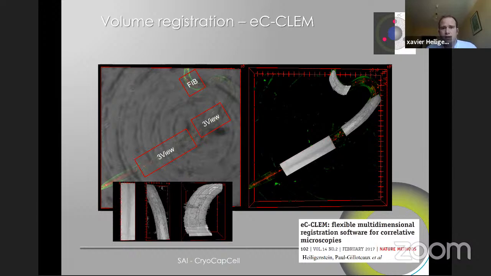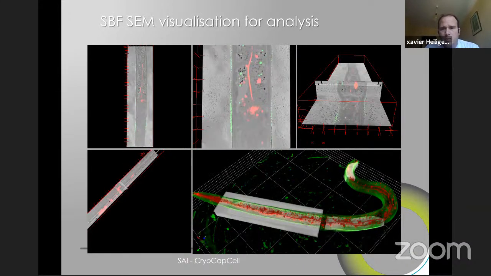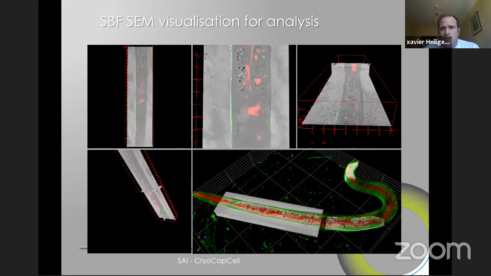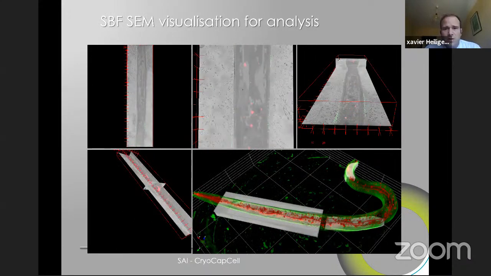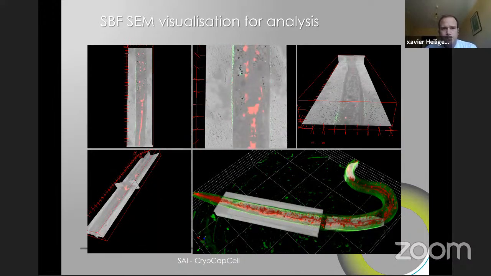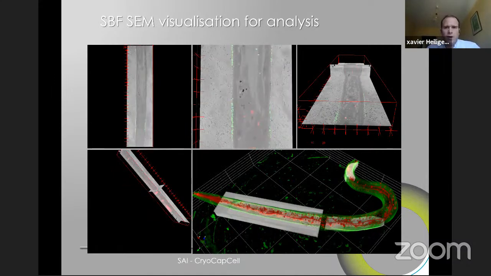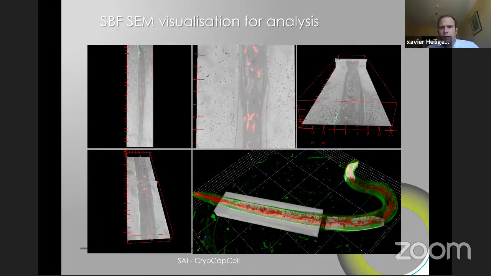And then this is the kind of images you could get, where the fluorescence is perfectly overlapping with the electron microscopy. And so you can start to do precise localization of your fluorescence signal inside your electron microscopy block at high contrast. So this is really what we were aiming for, to develop the complete workflow.